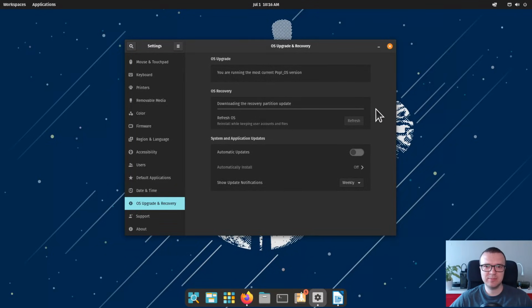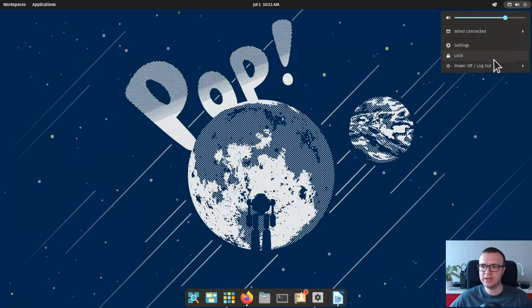It will take quite some time to download all the information for this recovery partition. After the update is done, you will see that you have the most current version of the recovery partition, and if anything happens to your system, you can boot from this recovery partition. To do that, you just need to restart your system